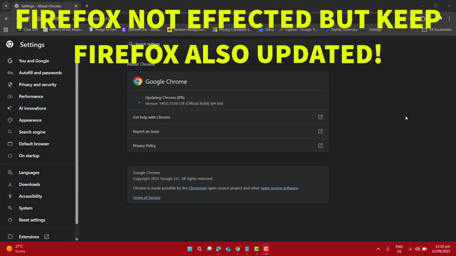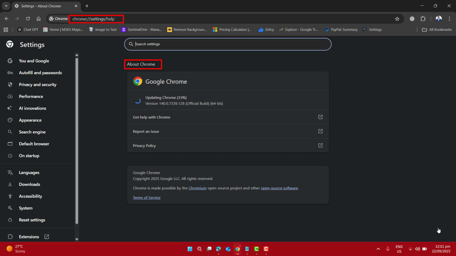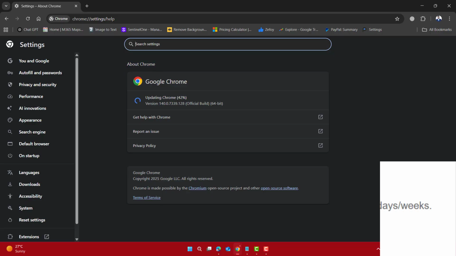Now first let's go ahead and verify and check Google Chrome. Just open up Google Chrome and go to the URL chrome://settings/help. On this URL you will see About Google Chrome. Under About Google Chrome you can see that my Google Chrome is not patched to the latest version,